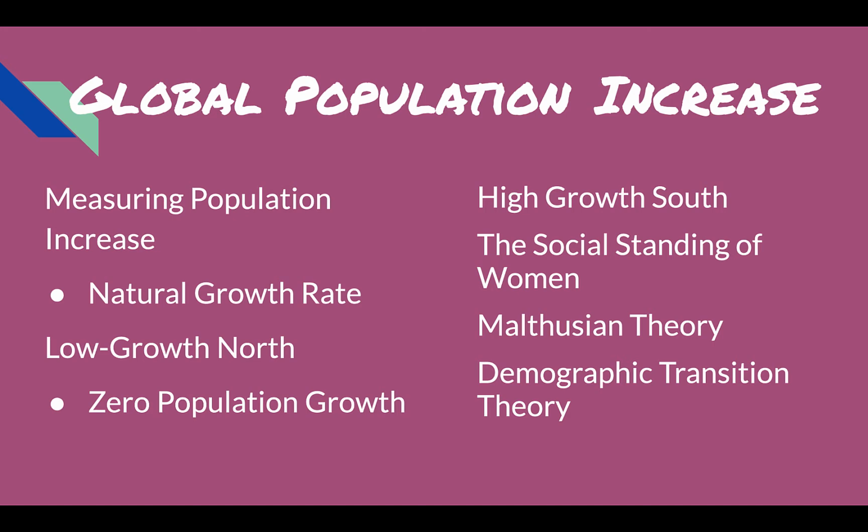Okay, so going to the low growth North, the birth rate in Europe, the United States, and Canada is below the replacement level of 2.1 children per woman. This results in what's called zero population growth, the level of reproduction that maintains a population at a steady rate. For instance, if you are a couple and you have one child, that's actually negative population growth, because if you have two children, you're replacing each person with one child. You get old and die, they live on, and that keeps the population pretty steady. But if you have one kid for every couple, that's negative population growth.